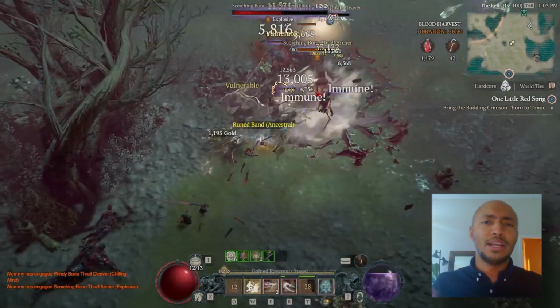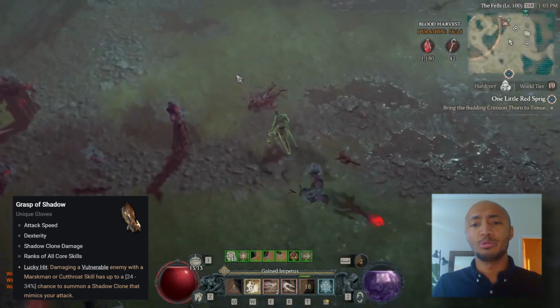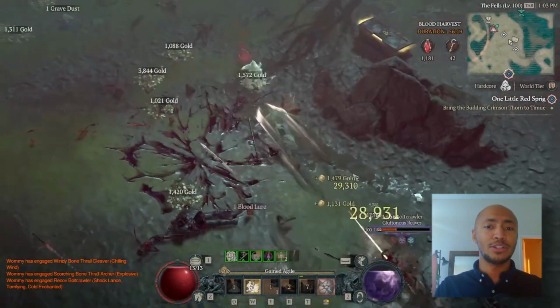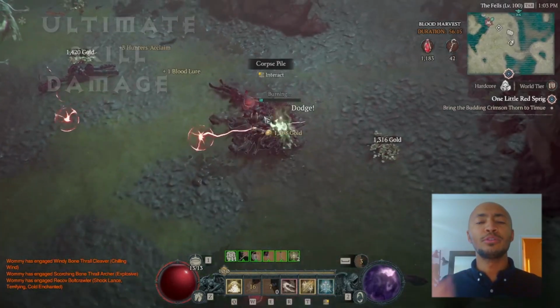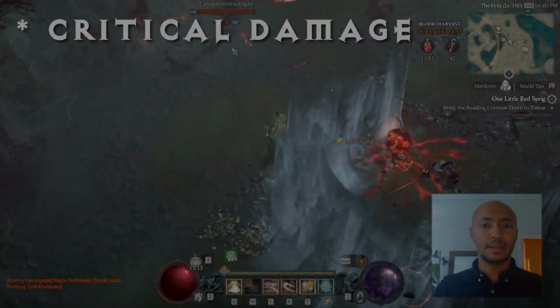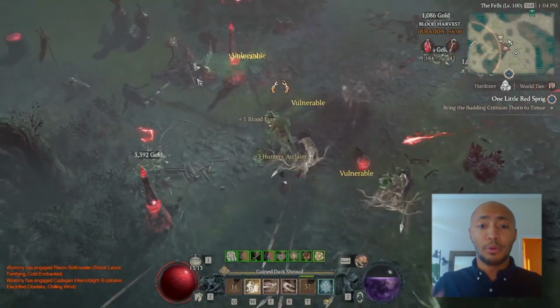The Barrage shadow animation doesn't count as shadow damage for the purposes of some other damage multipliers we'll be mentioning throughout this video, and this ties into our ultimate skill as well. Damage from our shadows counts as physical damage, and damage from the Shadow Clone ultimate does not scale with ultimate skill damage, only the shadow skill damage from Grasp of Shadow, and it counts as physical damage and can crit, and that's really it. It scales the rest off of copying our own damage, a portion of it at least,